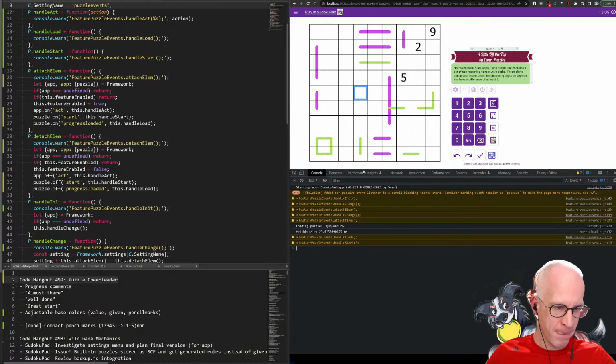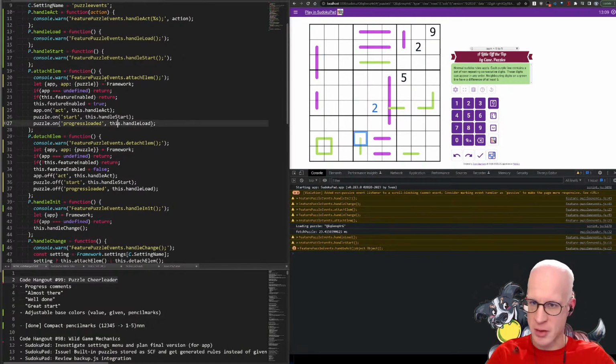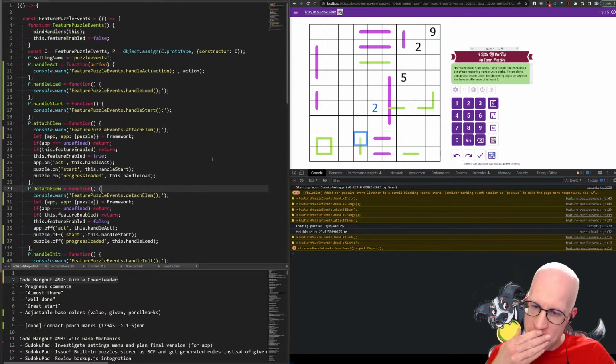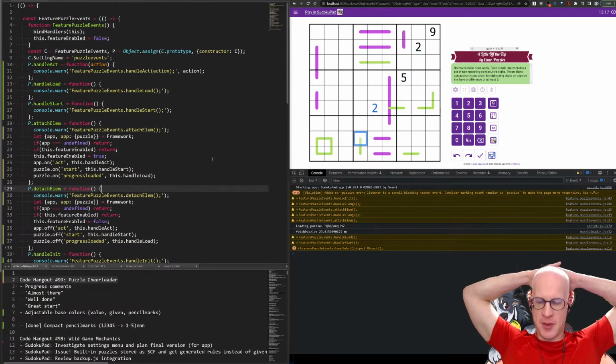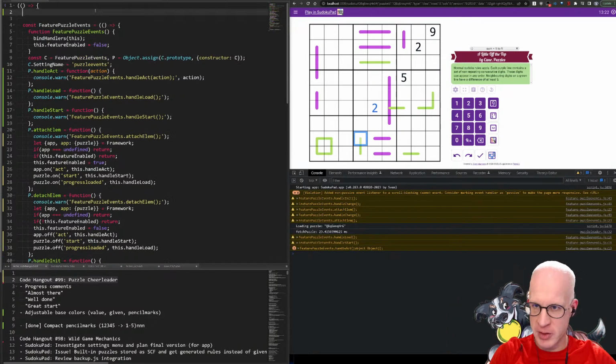All right. We have our action, load and start. All right. So the next step is to think of a bit of infrastructure. So we probably need a